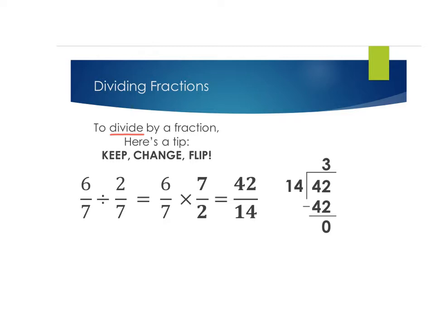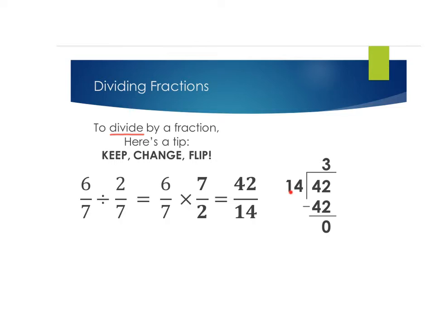So if we rewrite it, it would be 6/7, not divided by, but now times, and then 7/2 because we flipped it. And then we would just multiply like normal because it's a regular multiplication problem. Because 6 times 7 is 42, 7 times 2 is 14. And since we don't want an improper fraction as our final answer, we're going to divide. Top dog goes inside the house. So we have 42 divided by